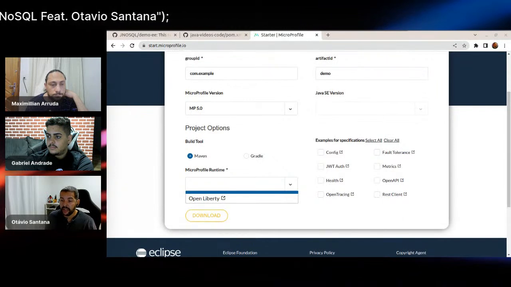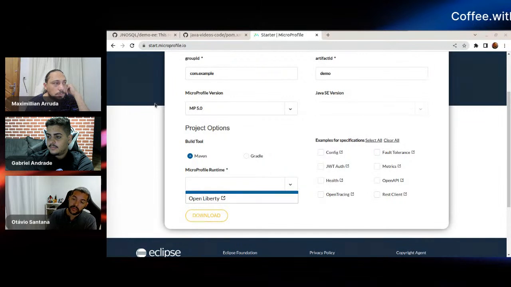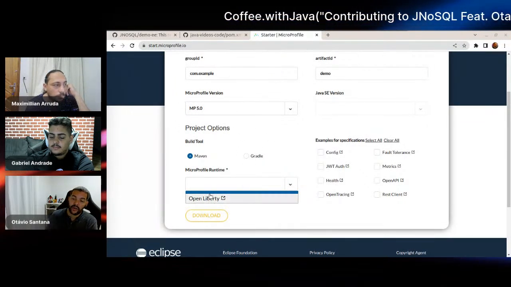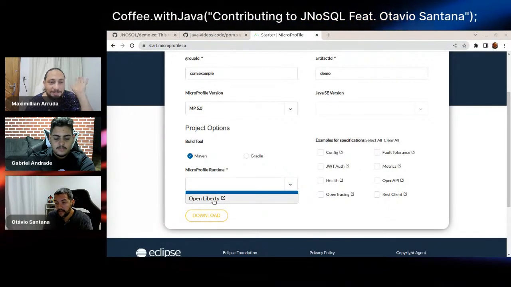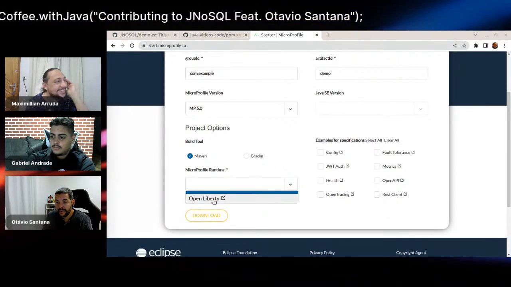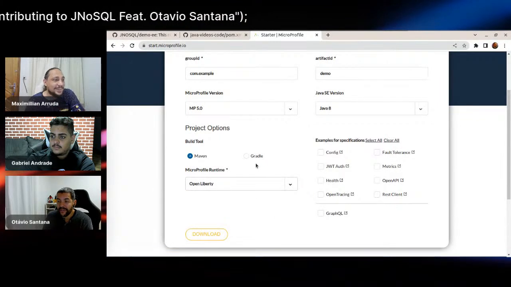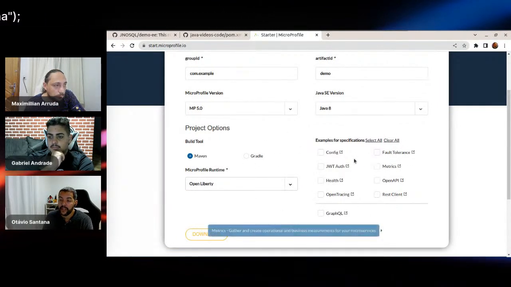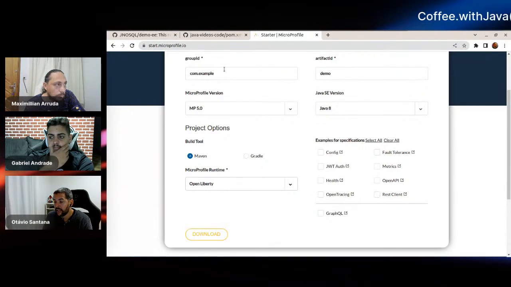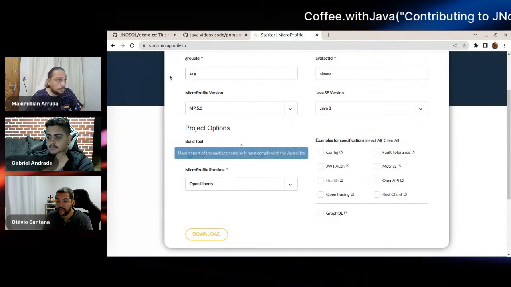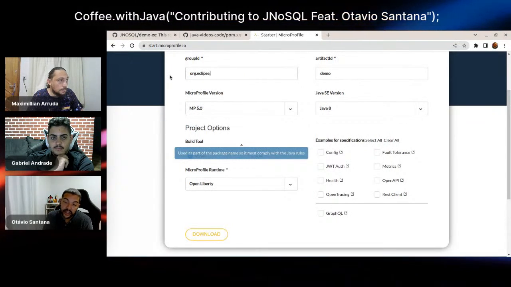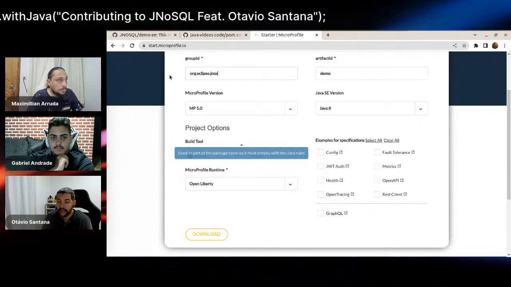But anyway, let's use the Open Liberty one. Do you want to use Open Liberty, or do you prefer another runtime? Oh, let's use it. Why not Open Liberty? So go there, update the group ID to use org.eclipse.jnosql.demo.ee, something like that.